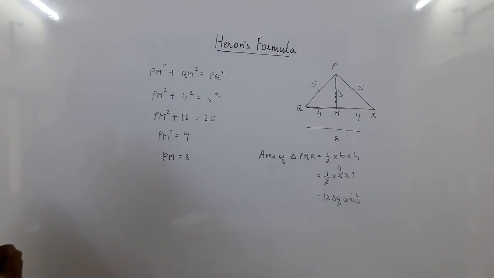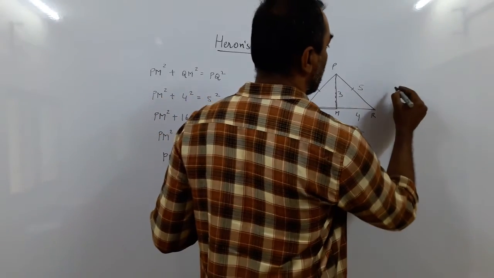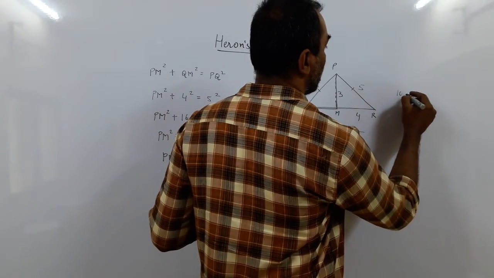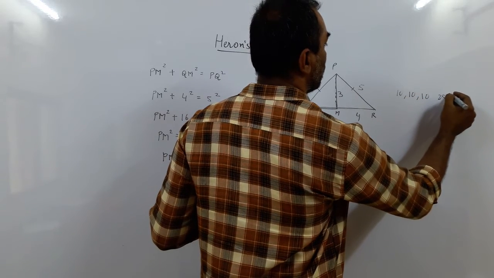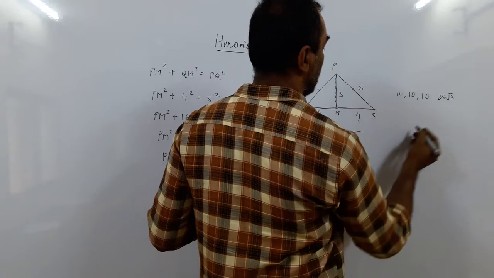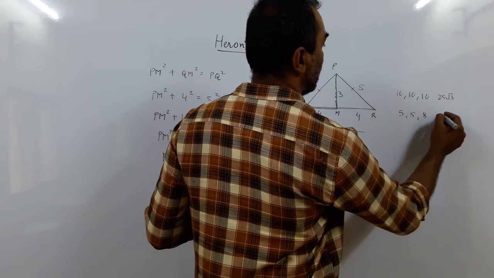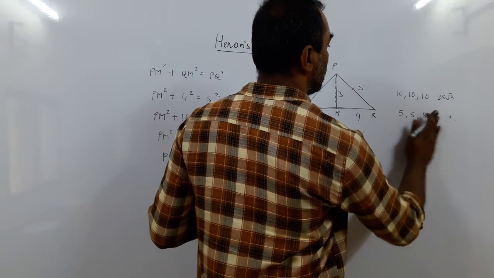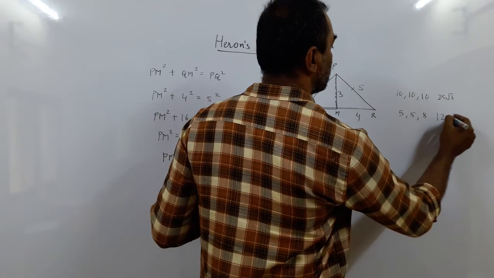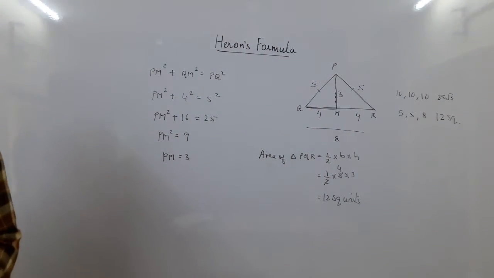Okay, so when the side is 5, 5 and 8, let us write it down for remembrance sake. With the equilateral triangle with side 10, 10 and 10, the area was 25 root 3 square units. When we have the sides 5, 5 and 8, the area is 12 square units, right? So we'll see in some time why we have written this. So you can use such a formula and find out the area of the isosceles triangle also.